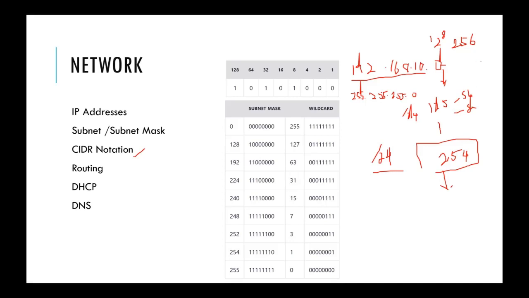Then I begin to toil with some of the bits. Mind you, I had said this last 0 here is a usable 8-bit. A usable 8-bit that you can play with to define more parts to be your network and less parts to be your host. So if you are doing CIDR notation and I do /24, it means that the whole of this bits is actually for my host. But if I go ahead to do a /25,